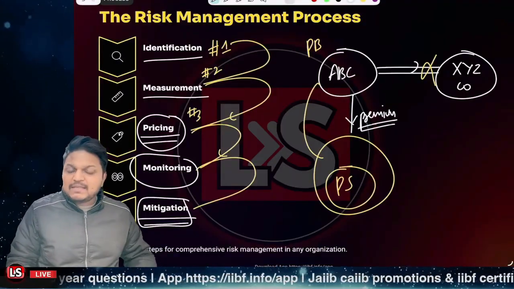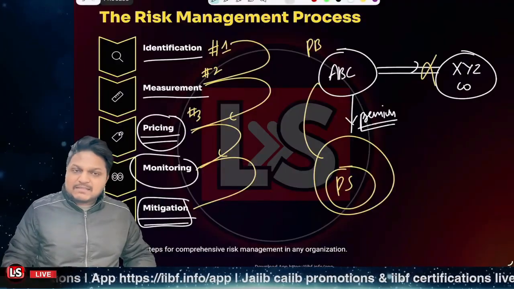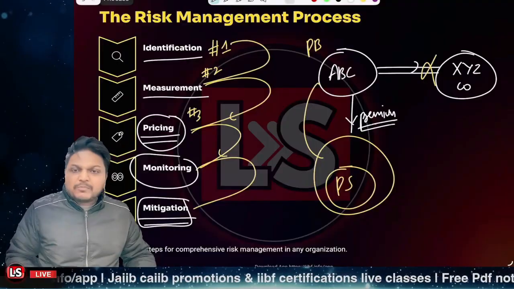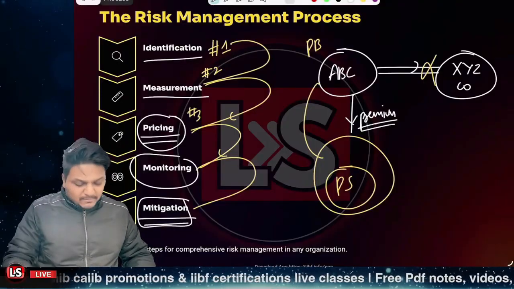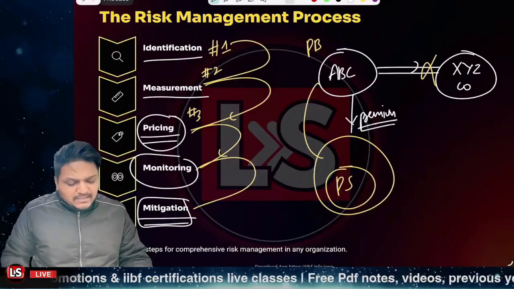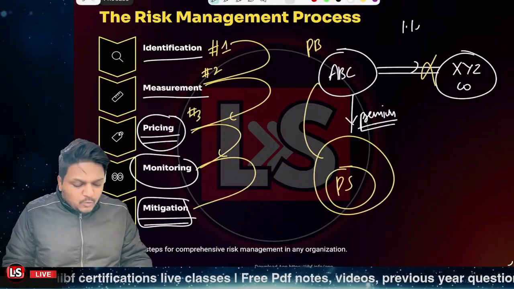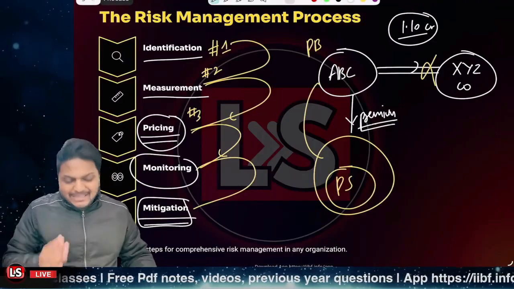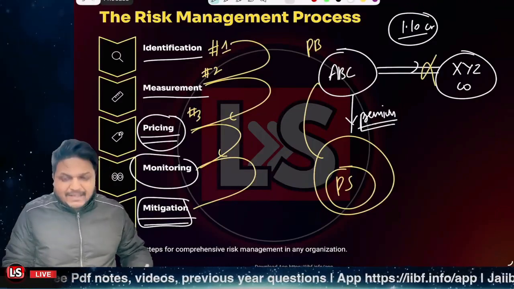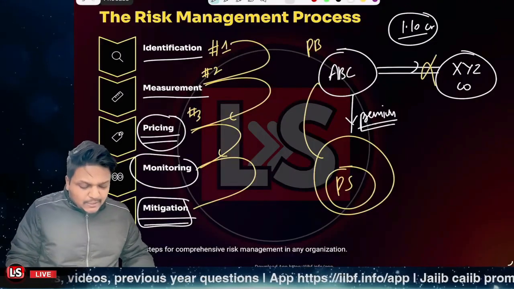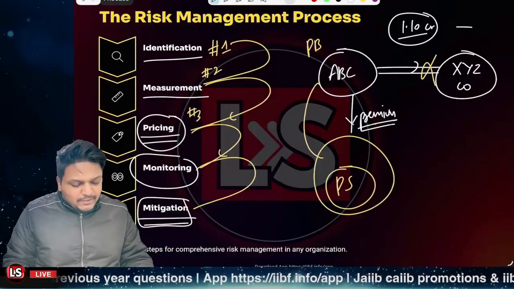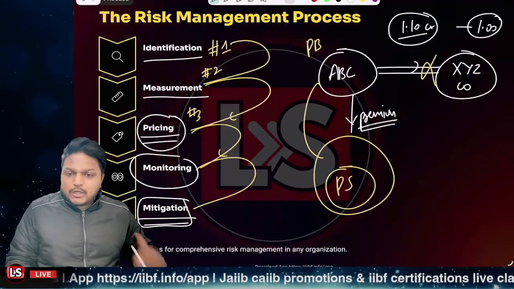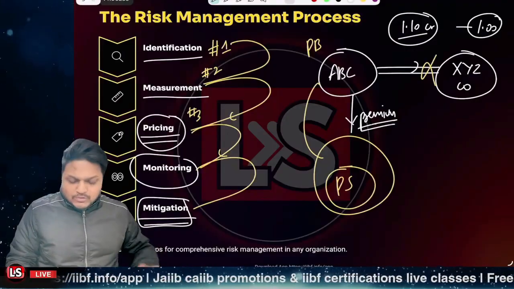So ABC is a protection buyer and PS is a protection seller, and the bank is to pay some amount as a premium to the protection seller so as to get some protection. So let's say previously the bank was making 1.10 crore as revenue from that particular 10 crore loan, but now as the premium is to be paid, let's say a 10 lakh premium is paid, in that scenario the bank will be earning only 1 crore. Now the positive potential is also reduced whenever we try to reduce the negative or downside potential, right?